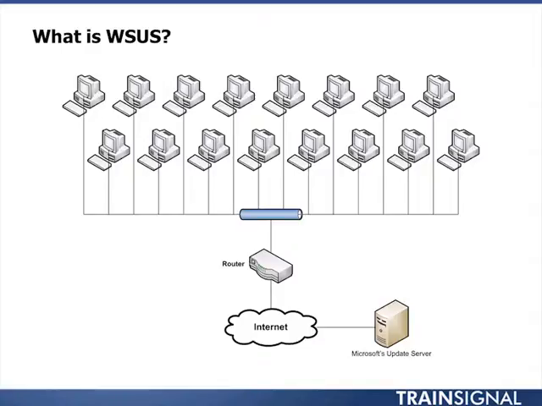The first problem is bandwidth. Just pure internet bandwidth. If each one of these clients has to go out and connect with Windows servers on their own independently to get the same update, well, that's a lot of bandwidth, whereas maybe that update didn't need to come down to each and every machine again and again and again and again. Another problem that we have is,